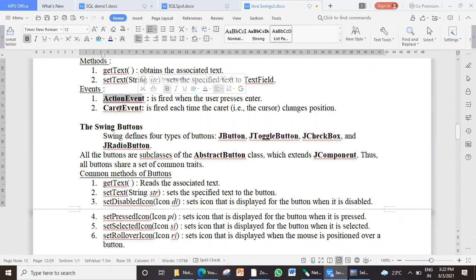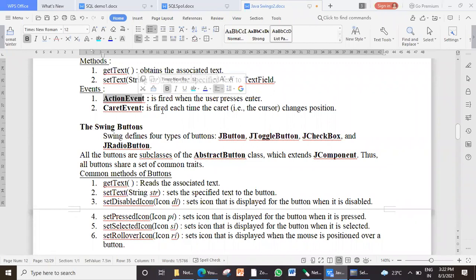The next is the caret event. Every time a new character is typed, or even if you press a backspace or the space bar, this caret event will take place. So in real-time applications, sometimes these caret events are used.